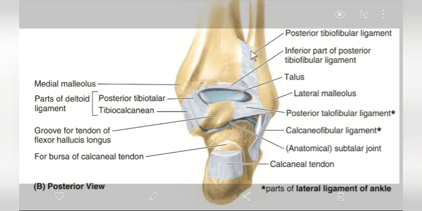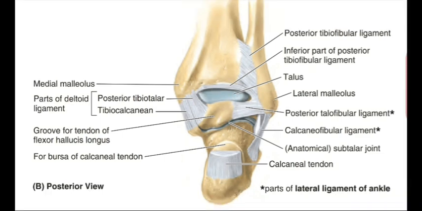Structurally, the joint is very strong. The stability of the joint is ensured by the close interlocking between the bones and their articular surfaces, strong collateral ligaments, and the tendons that cross the joint, for example, 4 in front, 3 on the posteromedial side and 2 on the posterolateral side. The diagram shows the posterior view of the ankle joint, including the lower parts of the tibia and fibula.